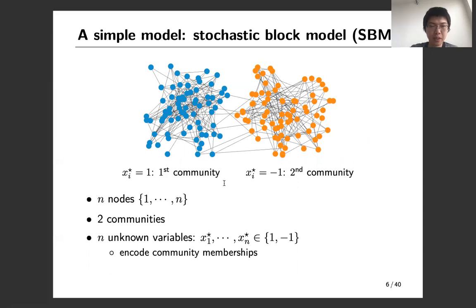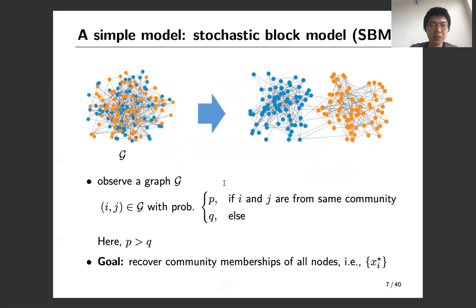second community. What we observe in reality is often a graph G, and in SBM, it assumes the following. A pair of indices ij belongs to the graph G with probability p if i and j come from the same community, and with probability q if they are not. Here, oftentimes p is assumed to be larger than q. That's because in practice, people have similar background, or people belonging to the same community tend to be connected more often. The goal of community detection is then to recover the community memberships of all the nodes based on the